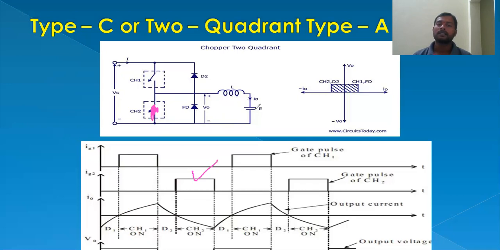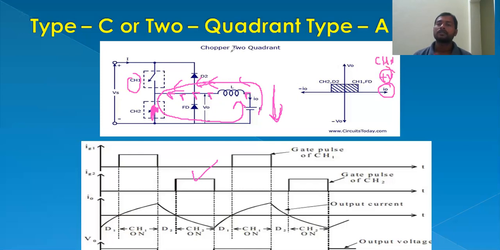The battery, this is the battery which will release energy in this direction. This is the path, nothing but this flow of current through the inductor. The inductor will store energy in this direction, and the flow of current will be opposite to the previous chopper. When chopper 1 is on, current flow is in this direction. Even when chopper 1 is off, current flow will be in this direction only, so that the current is always positive with respect to chopper 1.